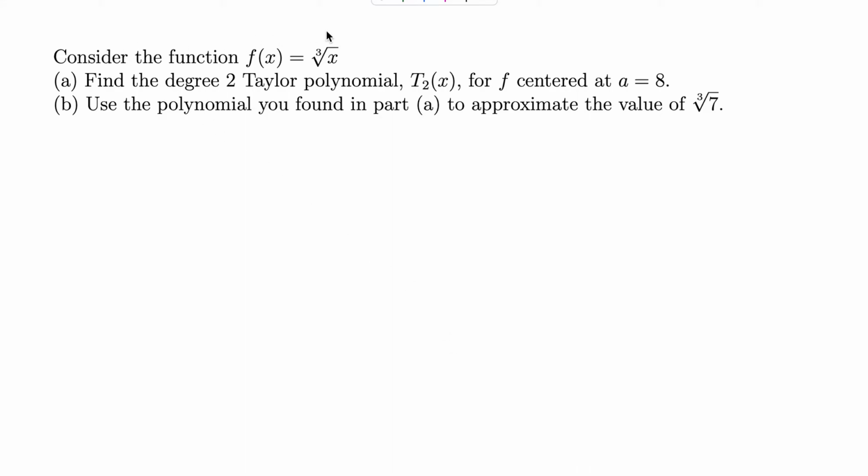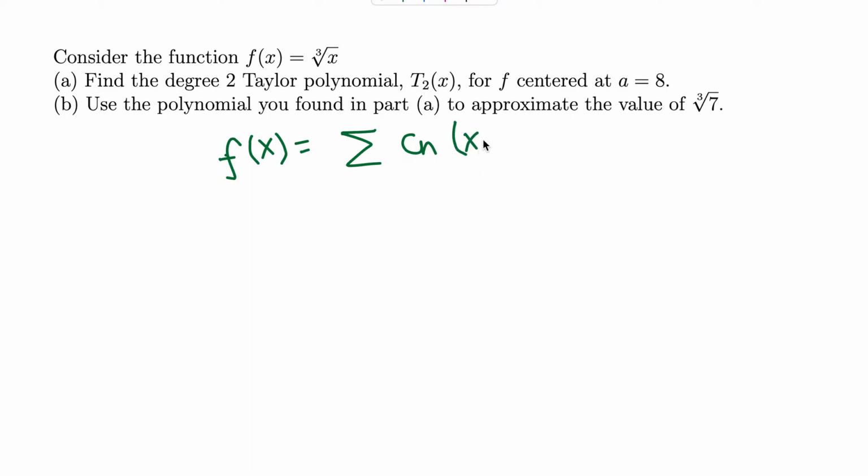Consider the function cube root of x. We need to find the degree 2 Taylor polynomial for this function f centered at 8, and use the polynomial found in part A to approximate the value of cube root of 7. So a Taylor polynomial just comes from a Taylor series, and we know that for a function its Taylor series is just